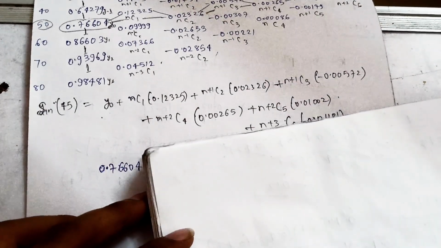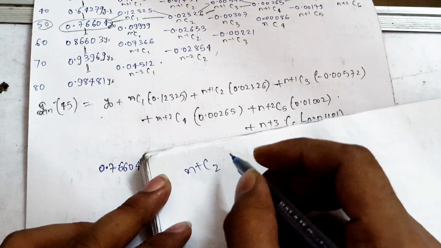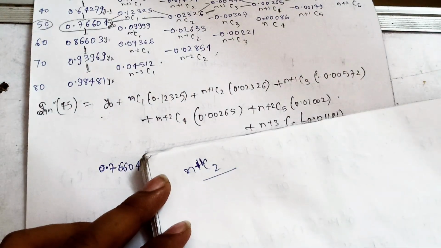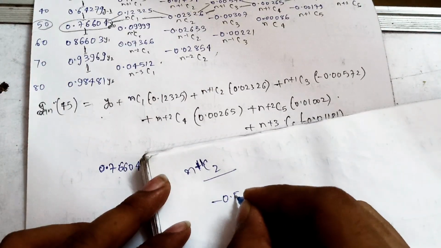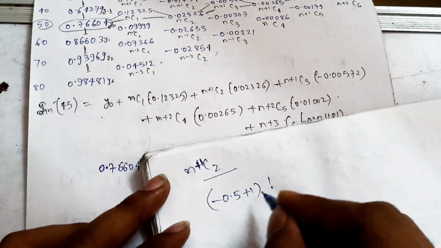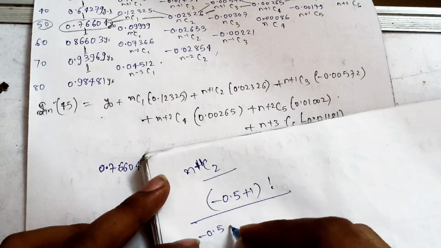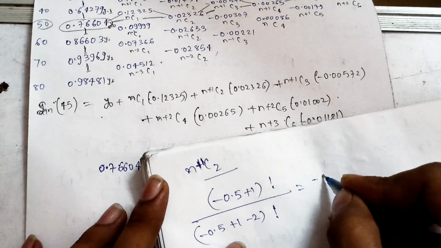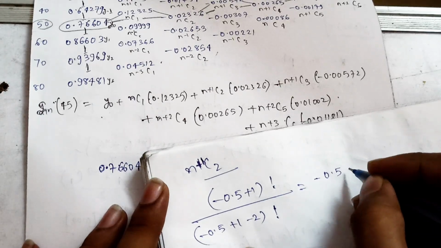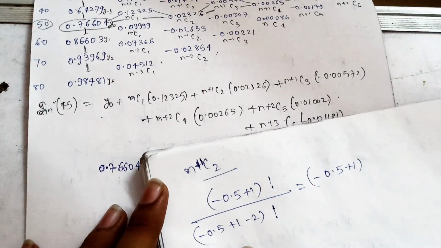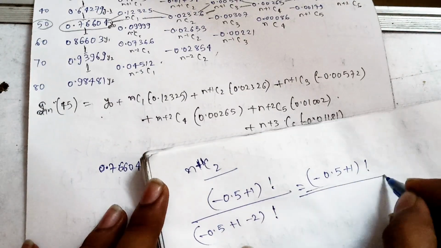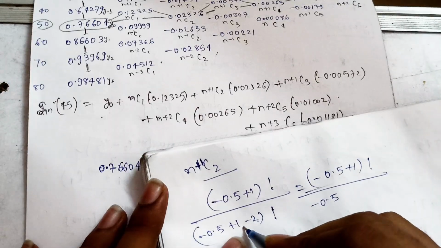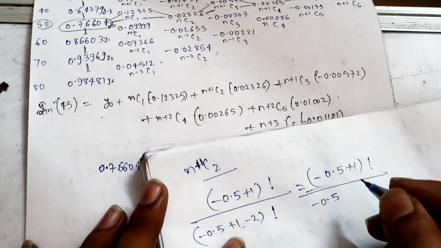So the value of n plus 1 c2 will be here. We need to find out n plus 1 c2. So minus 0.5 plus 1 factorial divided by minus 0.5 plus 1 minus 2 factorial. Now expanded it. So on expanding we will get minus 0.5 plus 1, and then it is in the factorial form. So we will get minus 0.5, and on subtracting minus 2 with 1 we'll get minus 1 here,